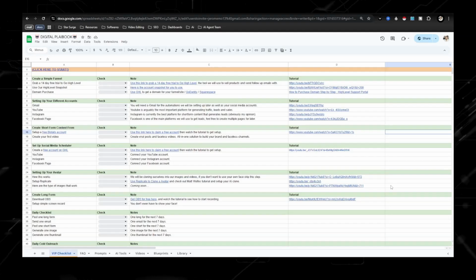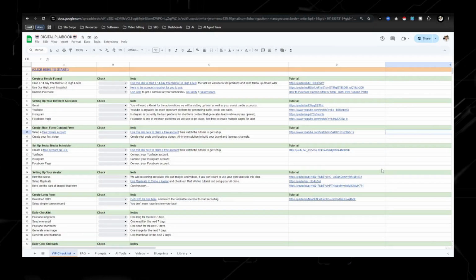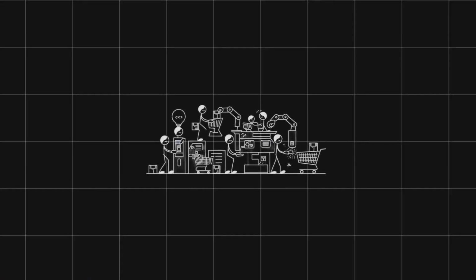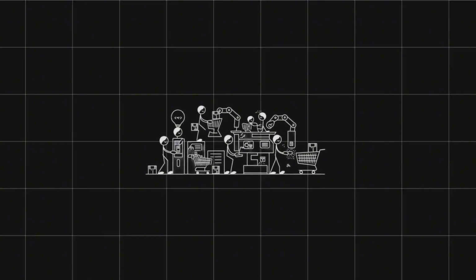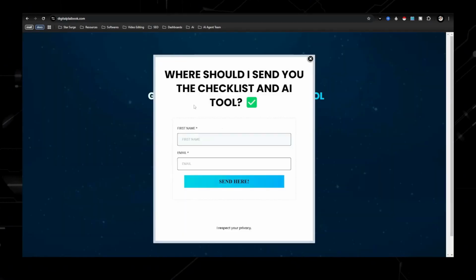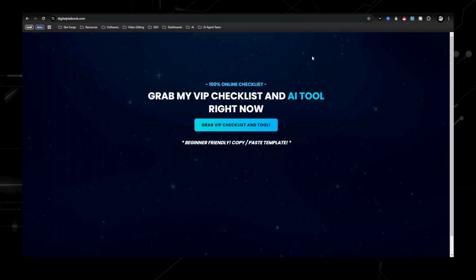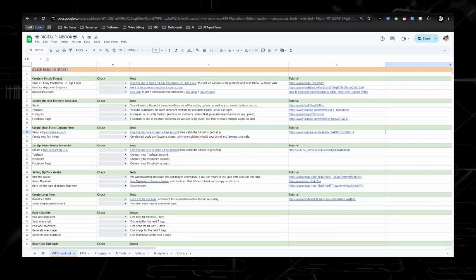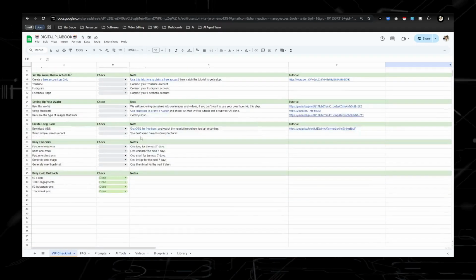Now, let's go ahead and talk about the first thing you want to do in order to get started with this AI marketing method, and that is to get the digital playbook, which you see right here on the screen. All you need to do is just go to digitalplaybook.com, then just enter your email and first name, and you will get taken to our free community where the digital playbook is hosted, and you will get access to this full free checklist